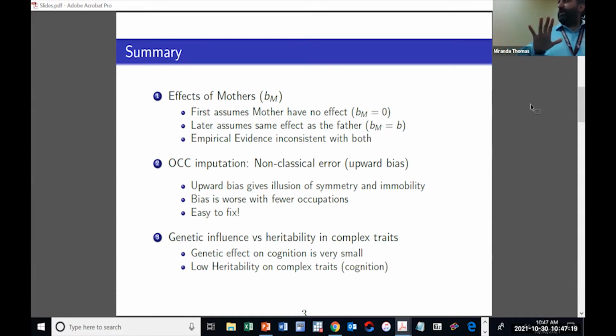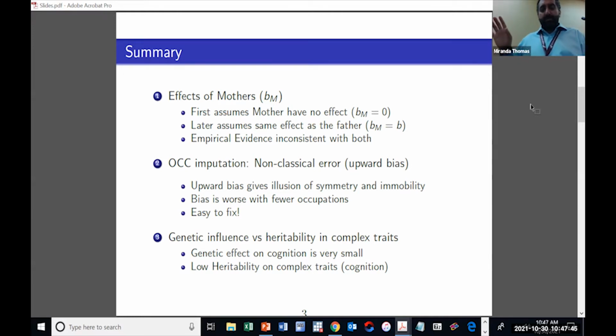The first part of the paper, the math, essentially assumes that the mothers have no effect on the coefficients. And at the end of the paper, they had this other evidence with literacy, and they said the effect is the same. I think in some sense the evidence is not consistent with either of those, although I'm happy to assume that the effect is the same, because otherwise there's very little that you can say with the data. Okay, so I'll talk about this in a second.